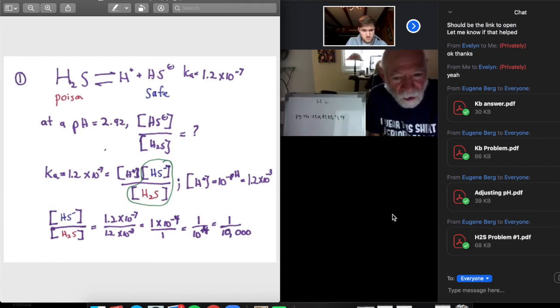Okay, so look at the third line where it says K sub A is 1.2 times 10 to the minus 7. Notice I've written the mass action expression, and I've circled in green what we're looking for. We're looking for the ratio of HS to H2S. Now, what you do is